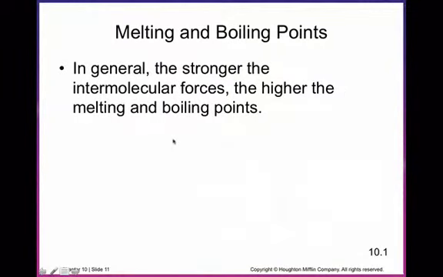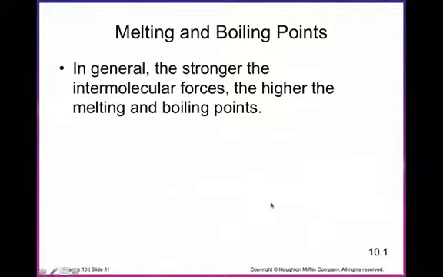So melting and boiling points can be affected by the type of intermolecular forces that we see within molecules. In general, the stronger the intermolecular forces, the higher the melting and boiling points. And that should make sense to you, because if we have some molecules that are being held together by hydrogen bonding, for example, and then we have another one that's just being held by London dispersion forces, it's going to be a lot harder to break those intermolecular forces with the hydrogen bonding than it is with the London dispersion